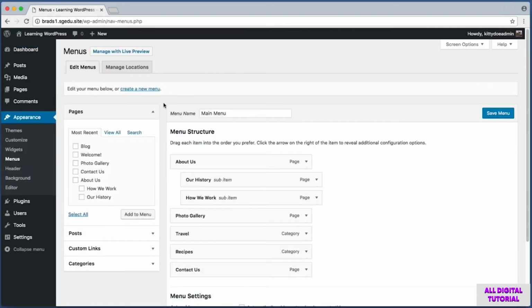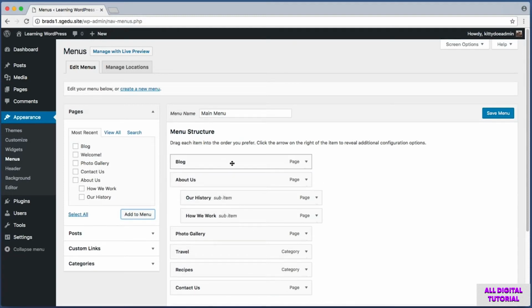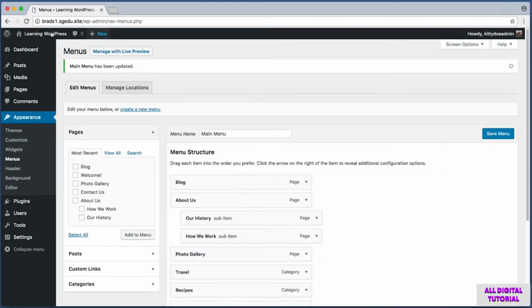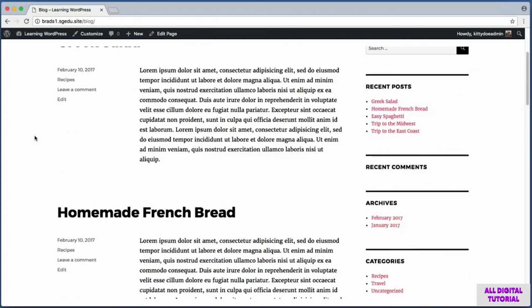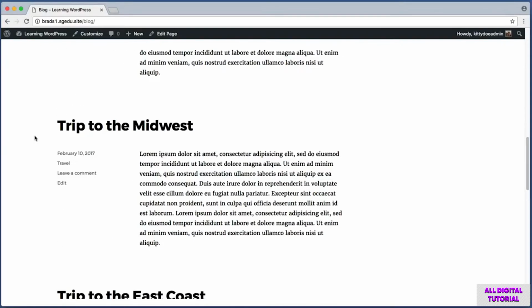All right, by this point, we are at least a little bit familiar with this menu screen. So we know that this area is a list of all of our available pages. So if I want to add blog to the menu, I just check the checkbox and then click Add to Menu. Perfect, here's that new link, and maybe I want to drag and drop it so that it's towards the top or the front of my menu. And then I can just click Save Menu. And then if I switch back to my public website, here's the home page again. Only now notice the menu bar includes a link to blog, and when I click it, here we see the blog listing for all categories that just a few minutes ago was our home page.